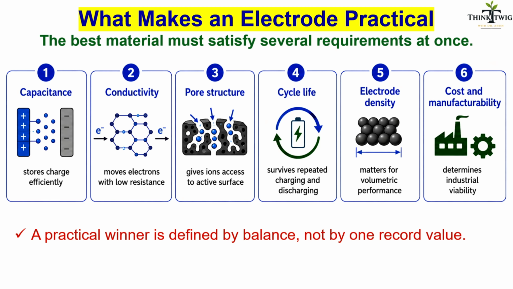Look at this idea carefully. A practical electrode has to do several things at the same time. Good charge storage is obviously necessary, but that charge also has to move through the electrode efficiently. Ions from the electrolyte must be able to reach the internal surface. The electrode must survive repeated operations. It must be possible to prepare it as a uniform coating. Its thickness and density must be controlled, and the final electrode should also work at a useful mass loading, not only when a very tiny amount of material is tested, and the complete process must be suitable for manufacturing.